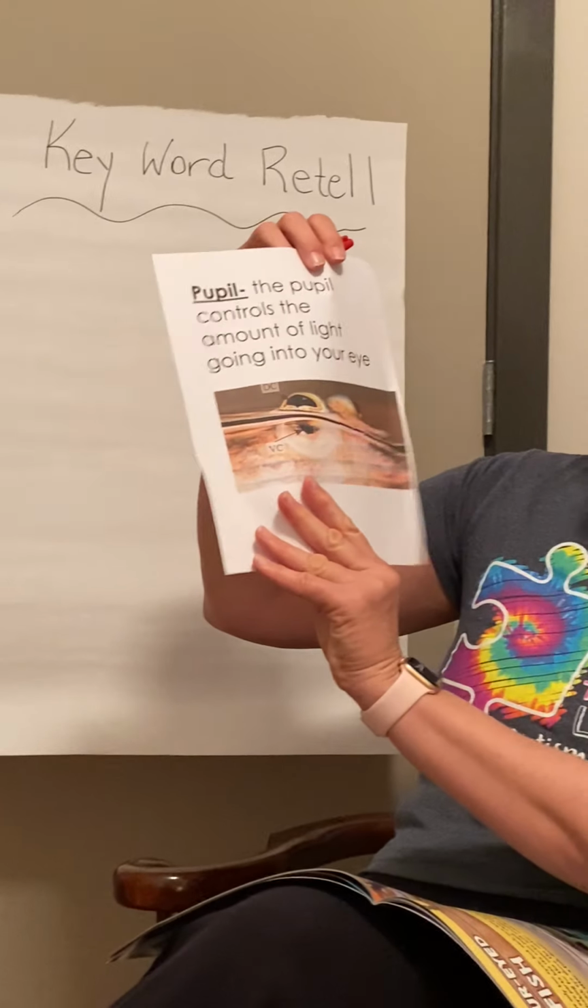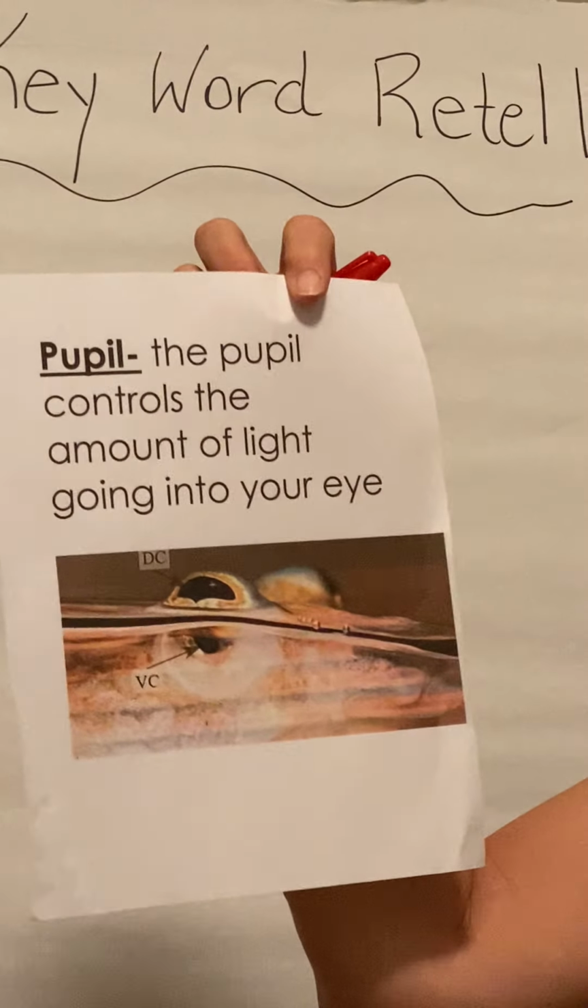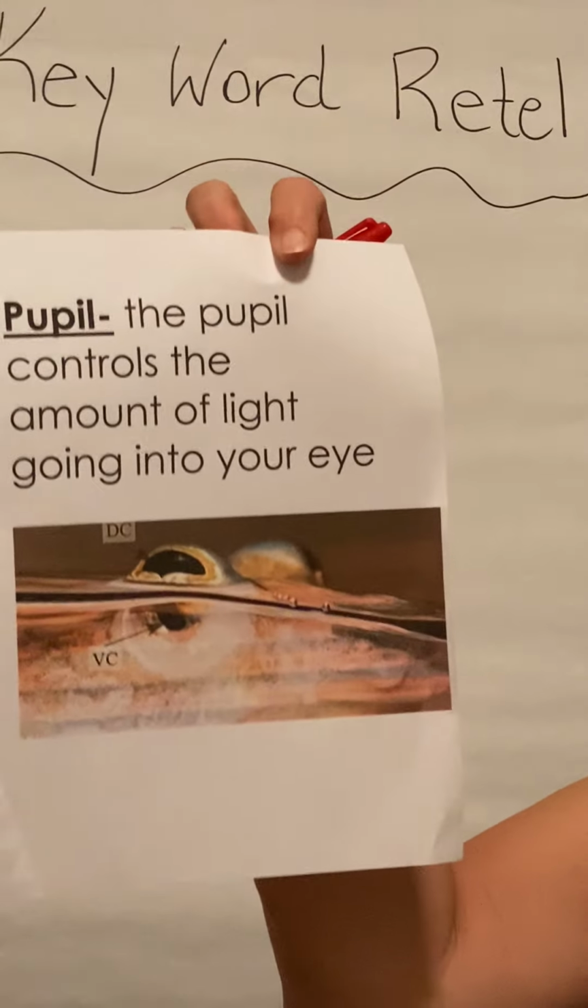I want you to think about a time that you've gone outside, maybe recently, that it was very bright out. The sun was shining. And when you went outside, you kind of went like this with your eyes. You squinted. There's a part of your eye called the pupil. A pupil, this animal happens to have two. There's a part of your eye called the pupil, and the pupil controls the amount of light going into your